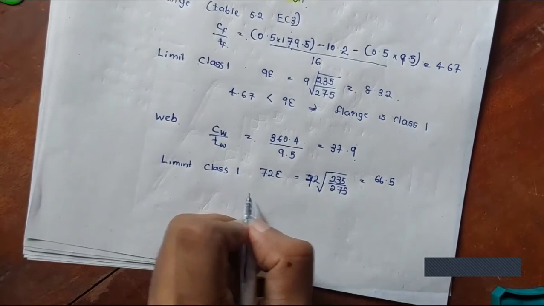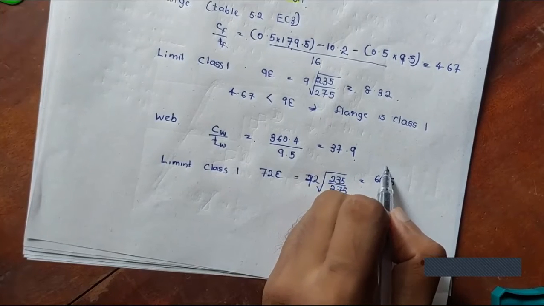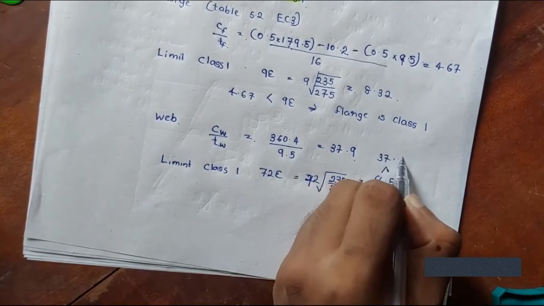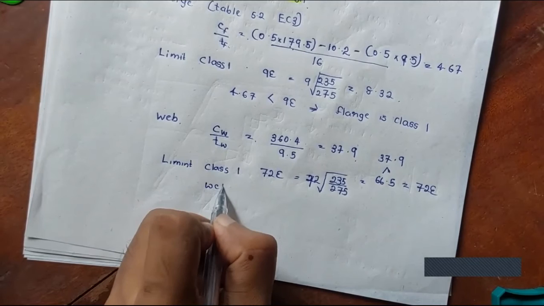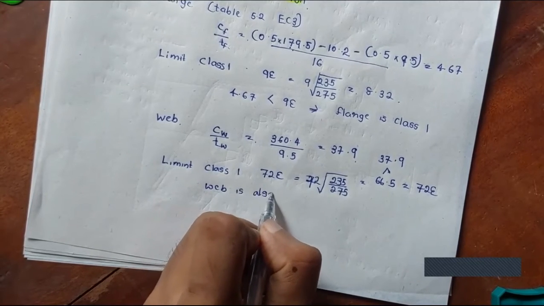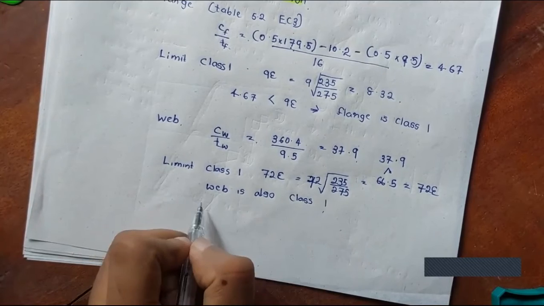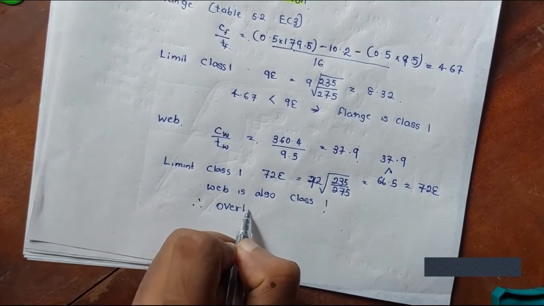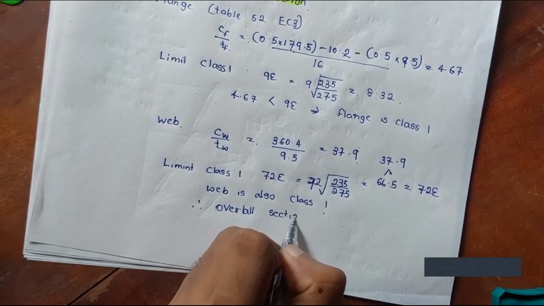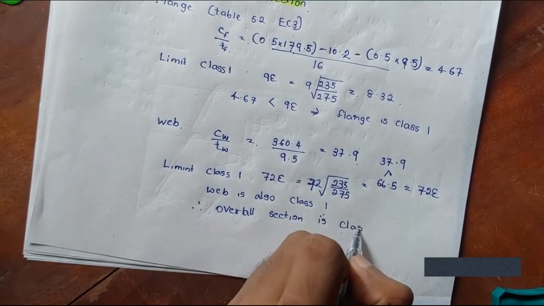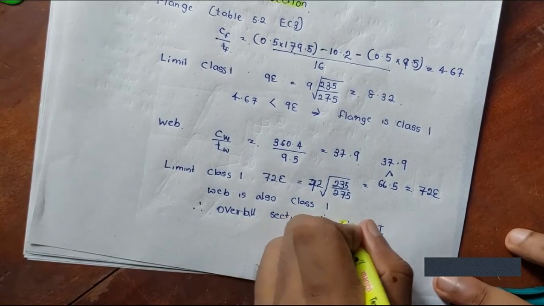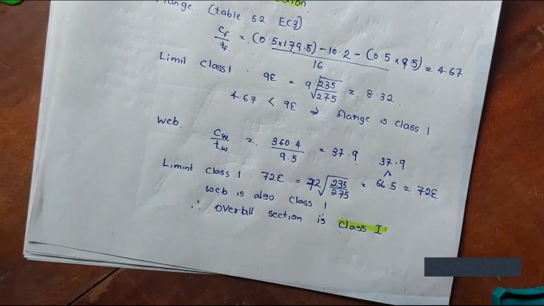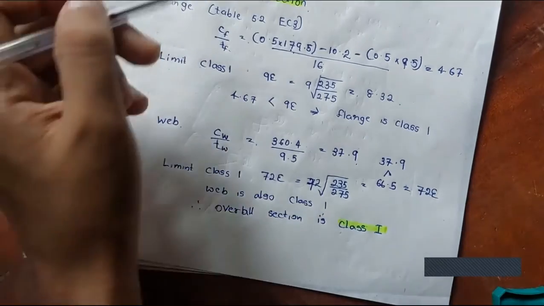Then the web is also class 1, because this 37.9 is less than 72 epsilon naught. Hence the overall section is class 1, right? So the first step was done, design action, then we classify the section,